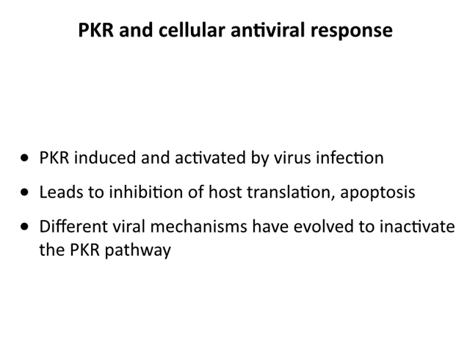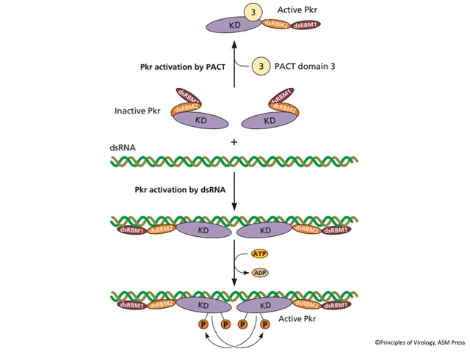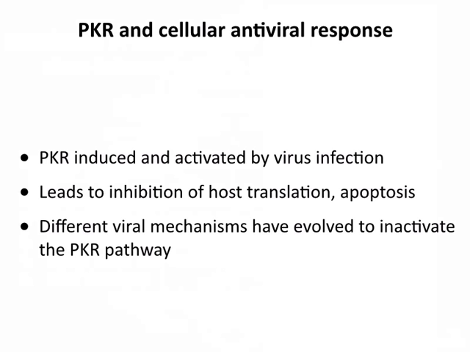By the way, this protein and its phosphorylation of EIF2 also has a role in uninfected cells. There are situations where you want to regulate translation, and that is done by a cellular protein called PACT. So this happens independent of virus infection as well. So phosphorylation of EIF2 leads to inhibition of host translation. And of course, that's to stop virus infection.